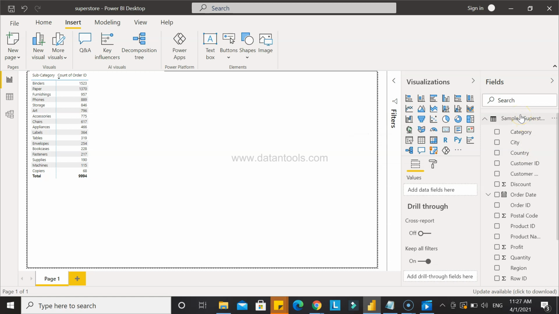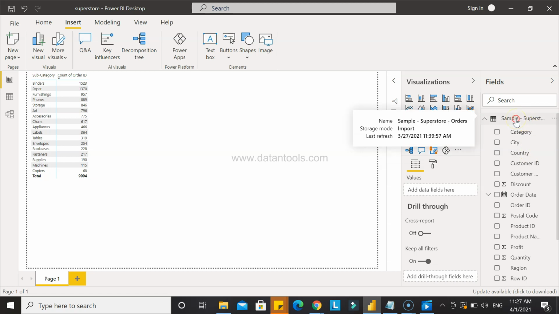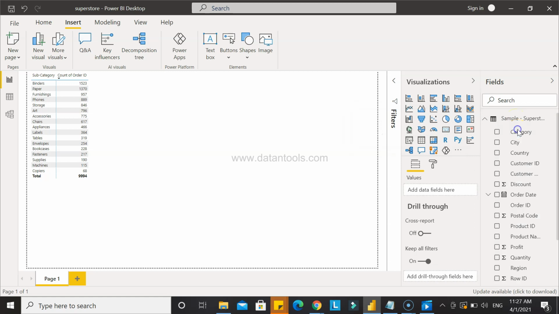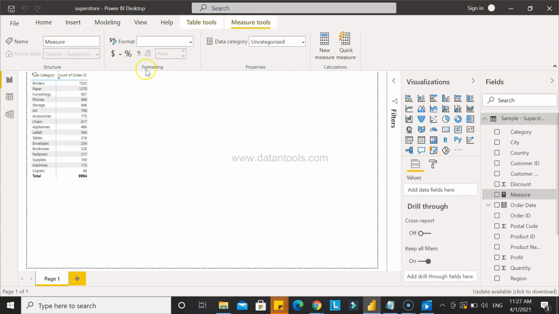There are a couple of ways to do that, and one of the nicest is to right click over here and click on new measure. Once you click on new measure, it gives you an area over here, as you can see, which enables you to write a measure. So what you can do,